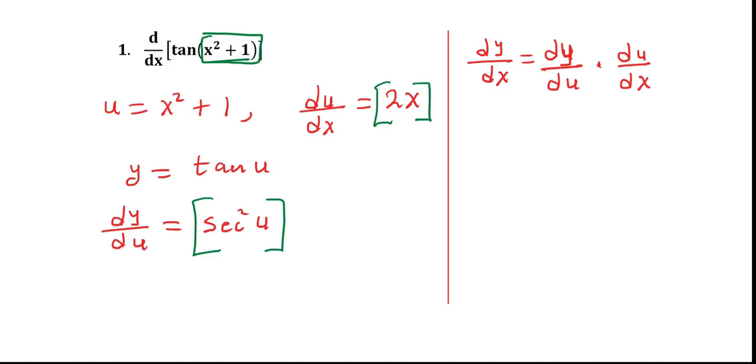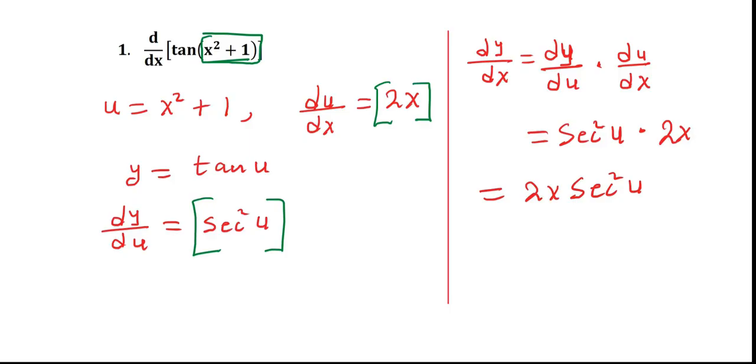So we simply need to bring them together. So dy/du is sec squared u times du/dx, which is 2x. Good. So this automatically is now 2x sec